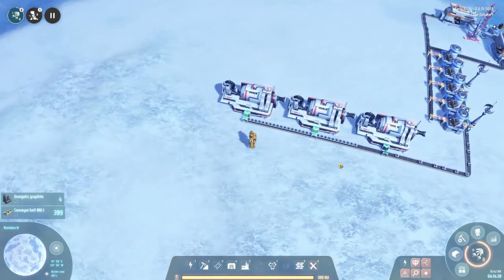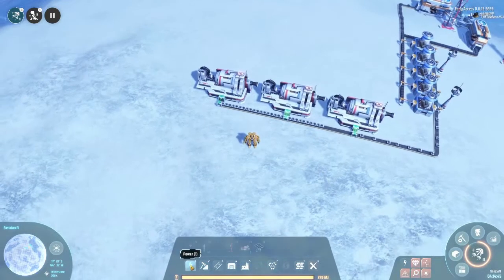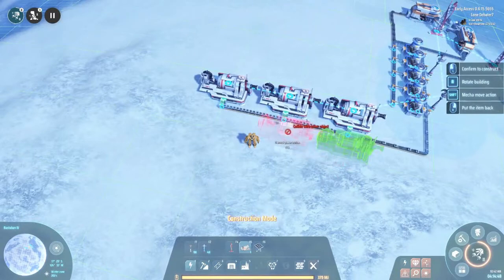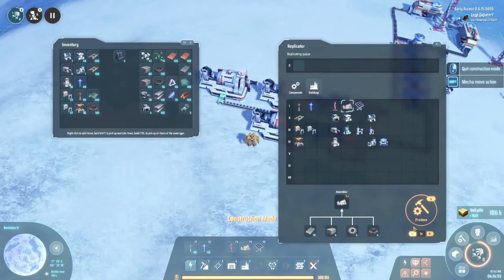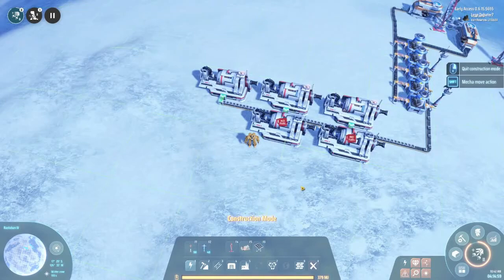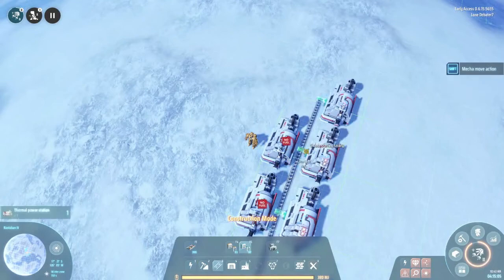We'll take that. So these guys are now in our power system, and we've got more than enough power to run everything to generate more power. We are going to put a total of 6 of these down. And the reason for that is, or I need to build 1 more of these, huh? We're going to put down 6. And the reason for that is having 6 thermal power stations is a good amount of power to run like a titanium or